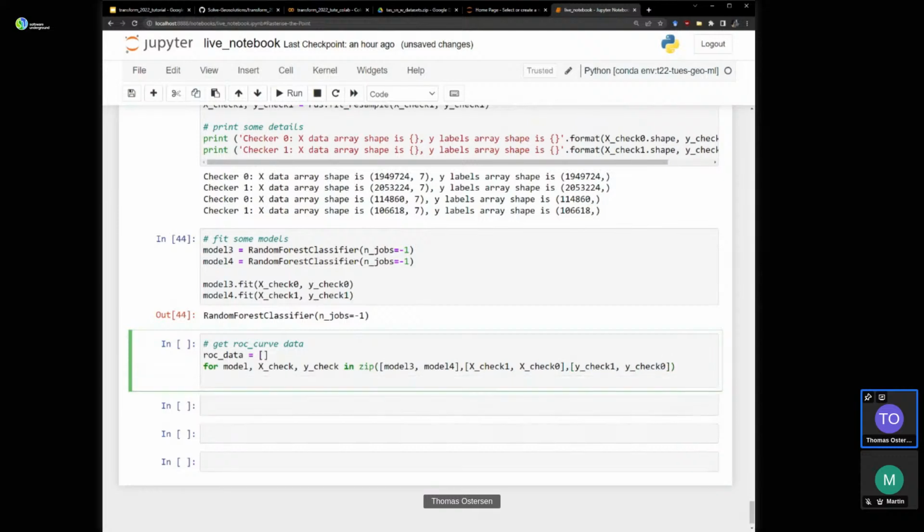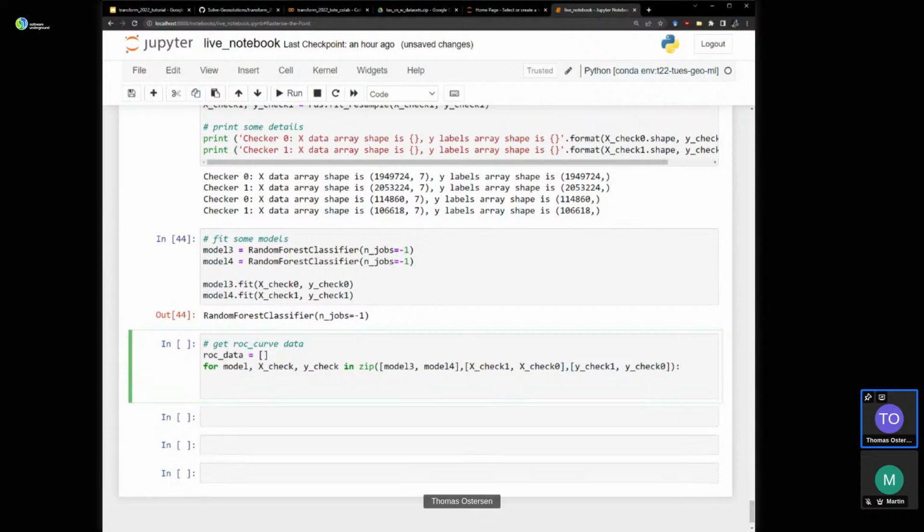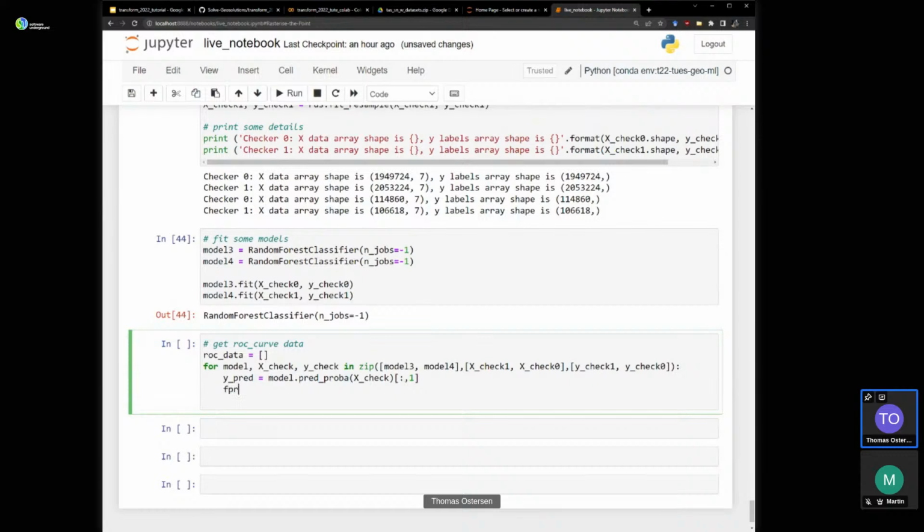Yeah, this is very verbose. Apologies for that. Right. Y pred equals model predict proba X check. Take probabilities for class 1. FPR, TPR, and a threshold we don't care about.